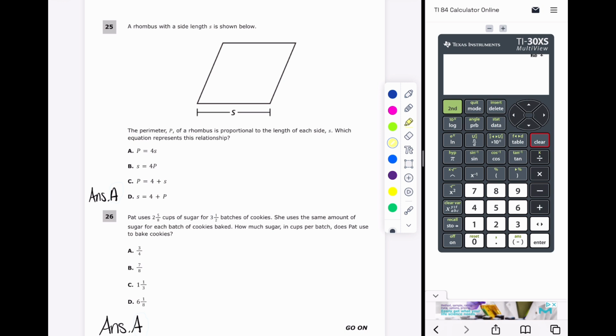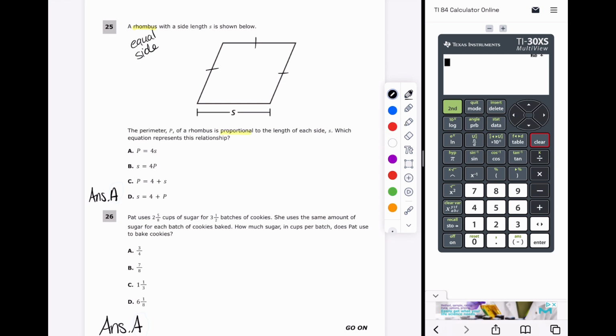For the first one, we have a rhombus. That means that all sides are the same. When I see a rhombus, it just means a quadrilateral with equal sides. So every side is the same. The perimeter P of the rhombus is proportional to the length of each side. Which equation represents this relationship? So even though they're saying it's proportional,